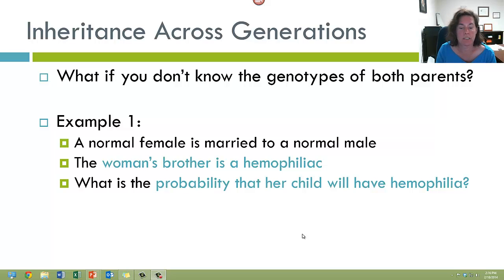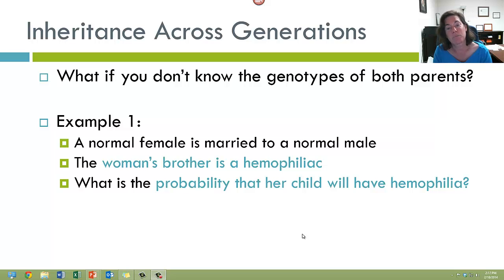So far, we have been talking about cases where we know the genotypes of both parents. But what happens when that's not the case, when you don't know what genotype mom or dad or both of them have? So let's hypothesize in the following example that we have a normal female, I know there's no such thing,